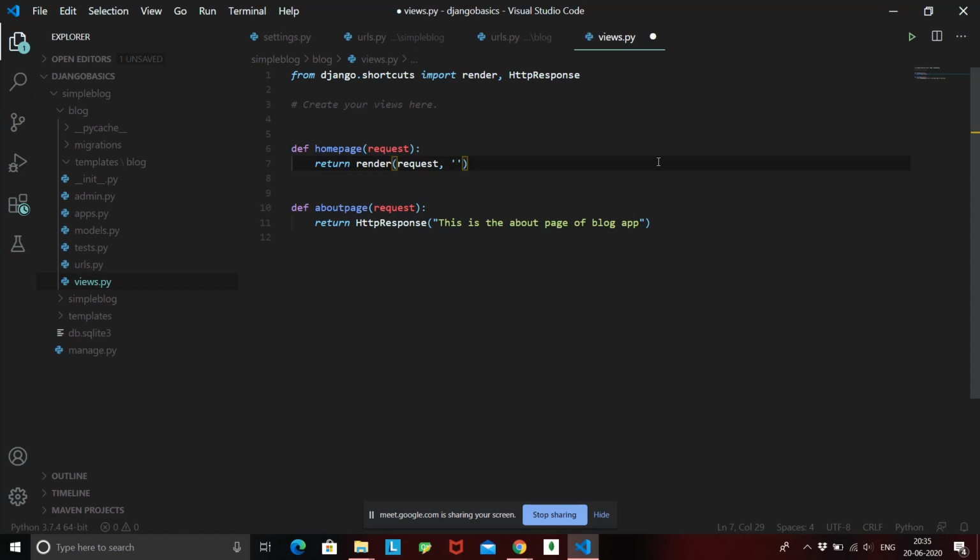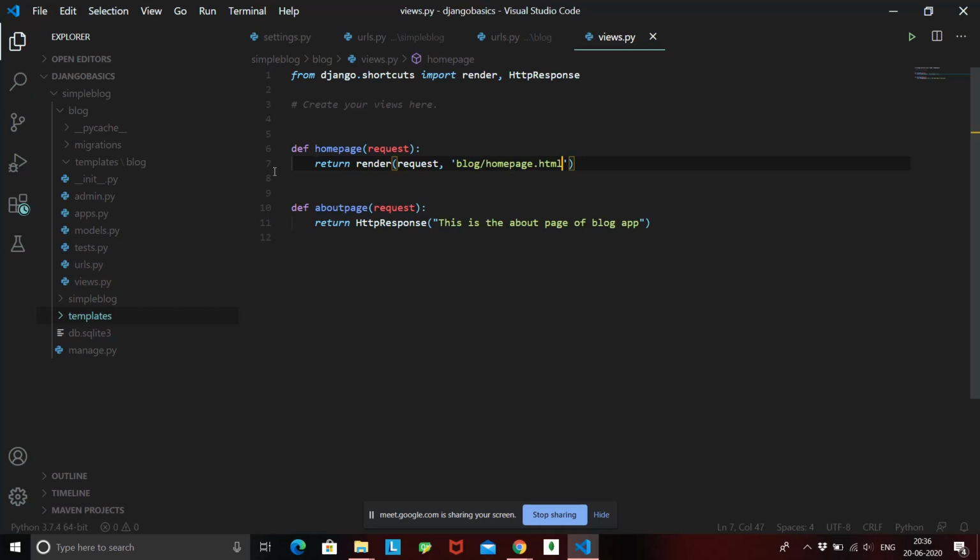But currently the page is not inside our root template directory, it is inside the template directory of our app. Okay, so what we need to do is we need to give blog/homepage.html. Okay, so now what I'm telling is go to this blog directory and inside that check for HTML homepage.html.